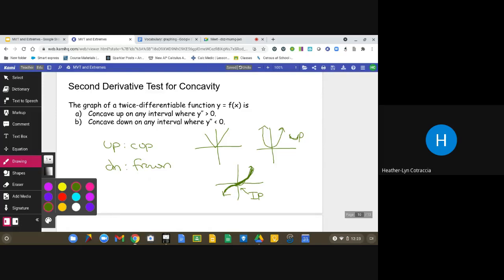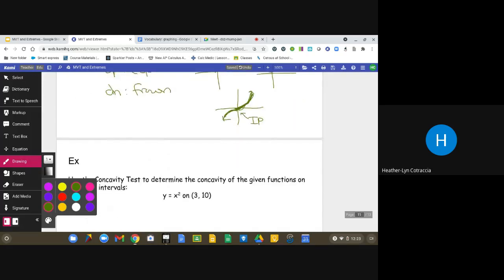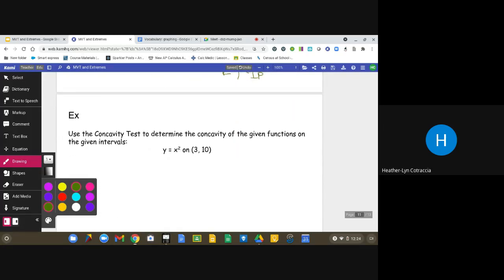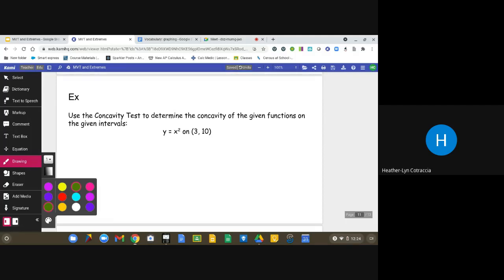So when your second derivative is positive, you're concave up. When your second derivative is negative, you are concave down. So use the concavity test to determine the concavity on the interval. Concavity test is the second derivative, but we need the first derivative to get there. So we've got y equals x squared, first derivative 2x, second derivative equals 2. Now, that second derivative is always positive 2. If you think about an x squared graph, it is always